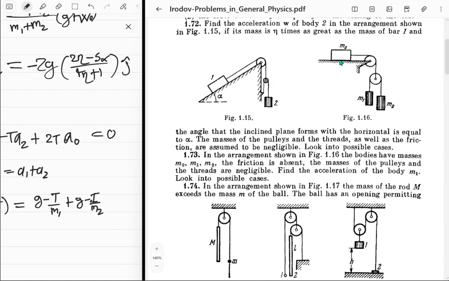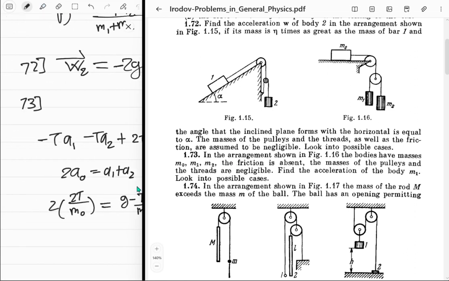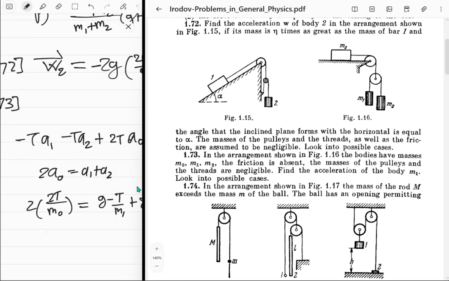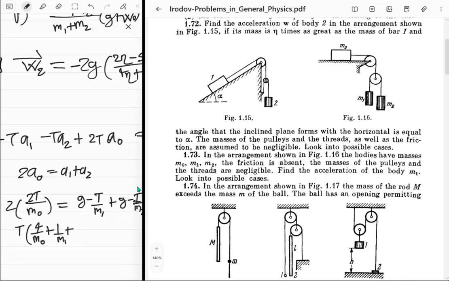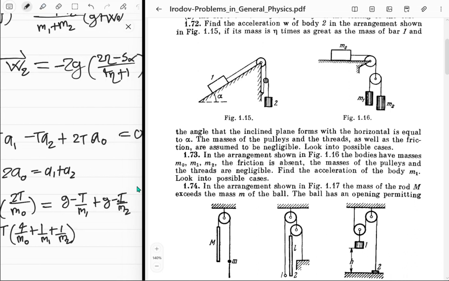Oh yeah, there was also something called g effective, but I forgot that. And really, it's not being used that much in most of the questions, so why care about it? So you got this thing: t into (4 upon m0 plus 1 upon m1 plus 1 upon m2) is equal to 2g. And why do I not remember what that was? It was like what we would do is